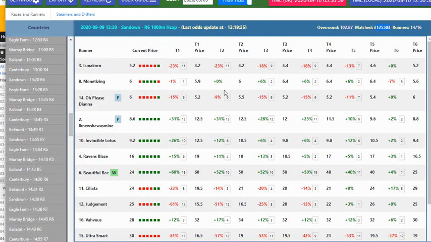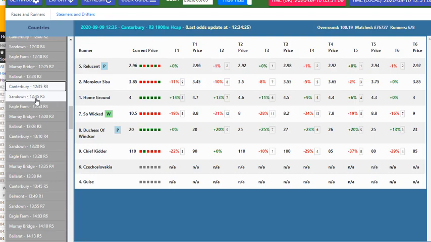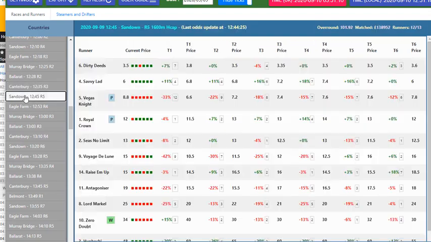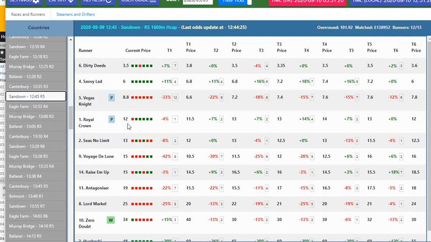Wednesday and Saturday are the best meetings in Australia for liquidity. But let's look at also, see Canterbury here, which you can see there, the winner there was red right across, but still managed to win. Sandown here, we can see the winner here, right down the bottom, zero to doubt. It was higher price, and then